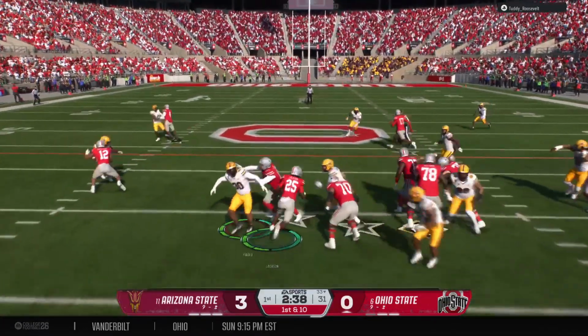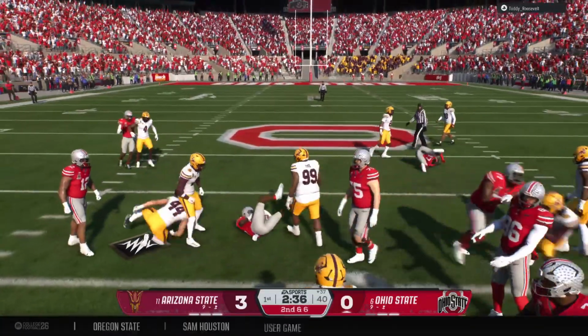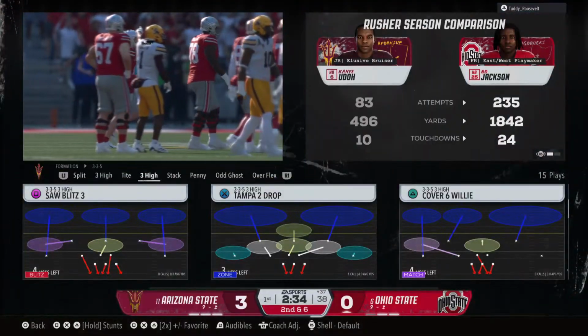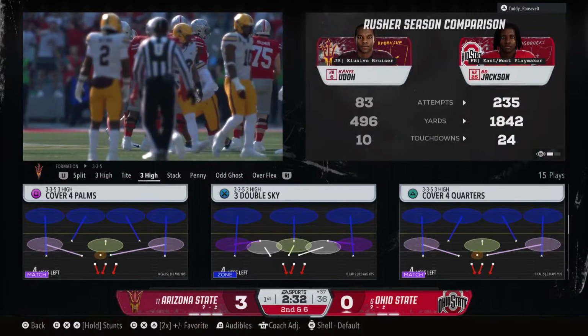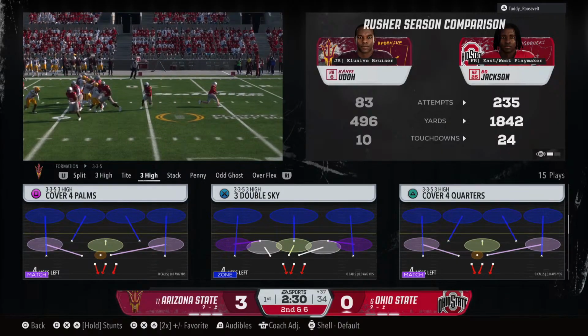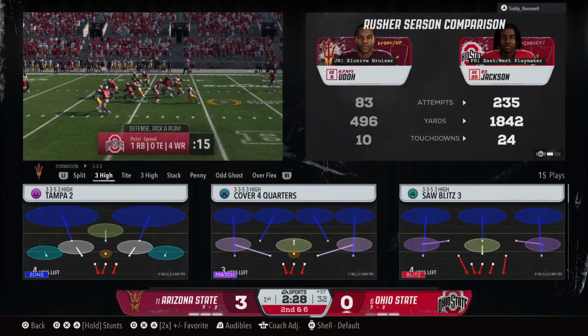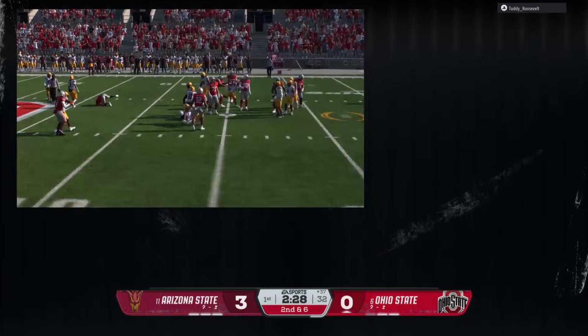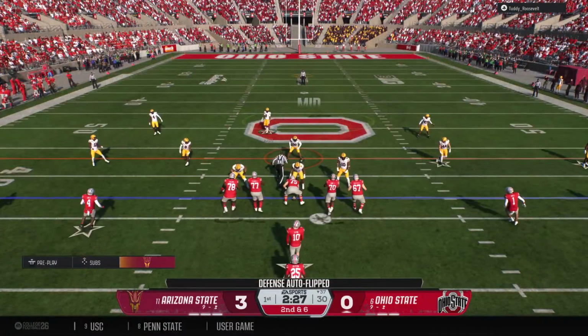He'll hand it off. Solid gain, moves the ball to the 37. Hat on a hat up front. Good job of opening up the holes. Anytime you can get positive yards on first down, that's a win. Second down after that run on the previous play.